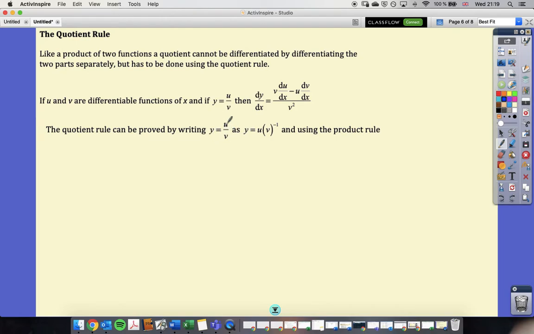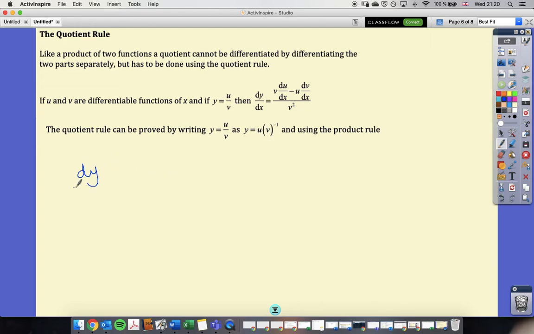So instead of thinking of it as u divided by v, if we think of it as u times v to the negative 1, and we then apply the product rule to this, we can arrive at the quotient rule. This is not something you need to do. You're given the quotient rule in the formula guide, so this is really just a way of seeing one way of arriving at it. So if we're going to use the product rule here,